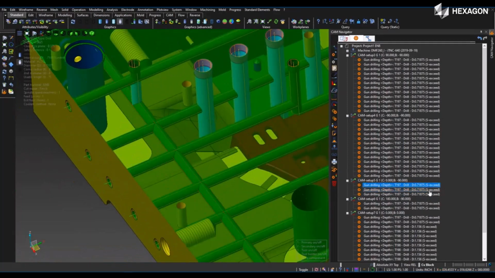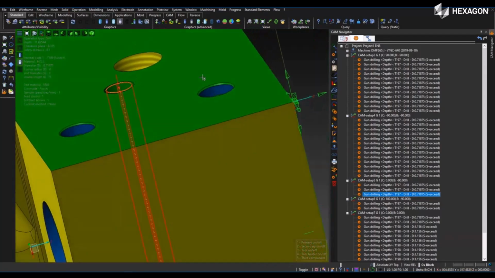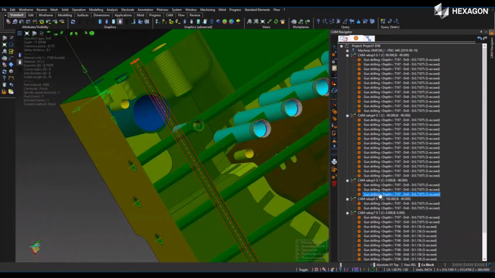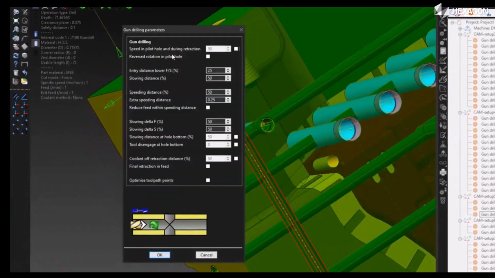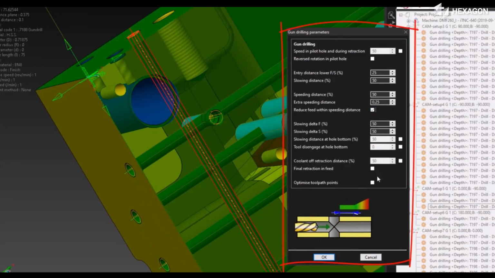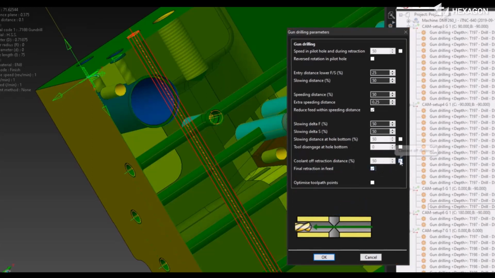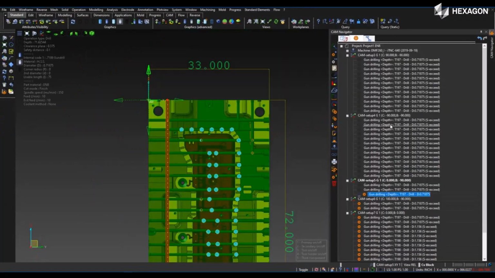such as this one. So let's take a deeper look inside that toolpath and take a look at the different options we can set. If we open it up, we've got a properties box now that opens up this additional window. This additional window is going to have all the features that we want to slow down, speed up at the cross holes, the distance in which it does that. Also, if we're reversing into a pilot hole. If we say OK,